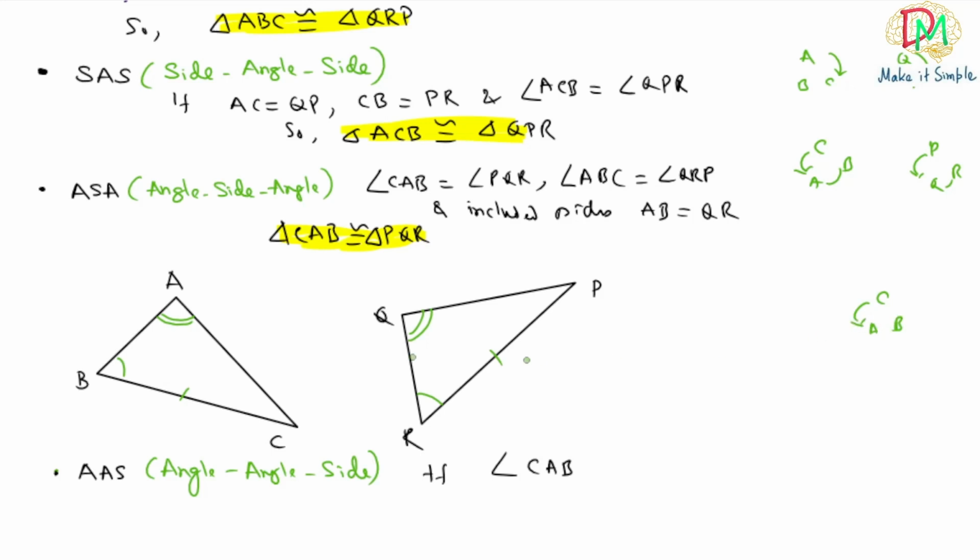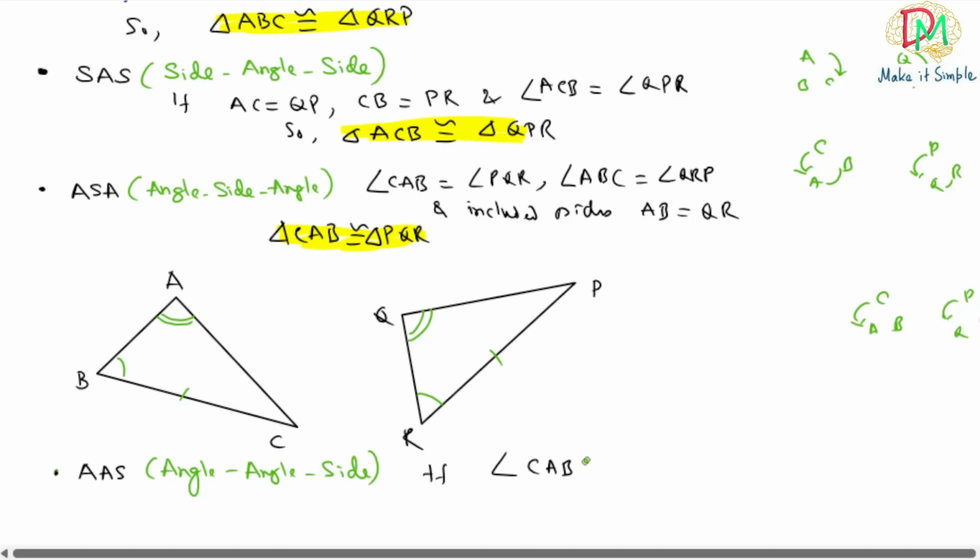CAB, we start from the C, right? And we can identify C is the smallest angle and P is the smallest angle. So P, then Q, then R. Clear? So we can write angle CAB